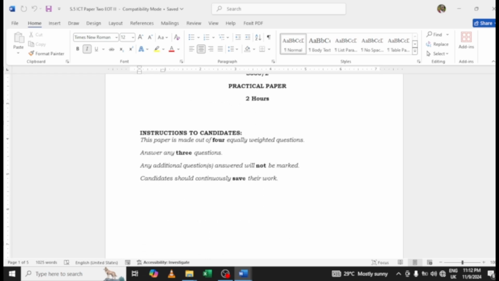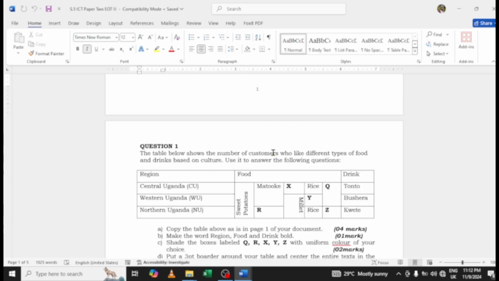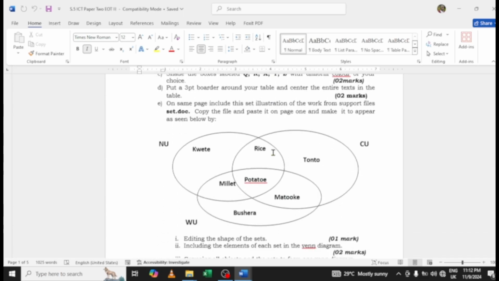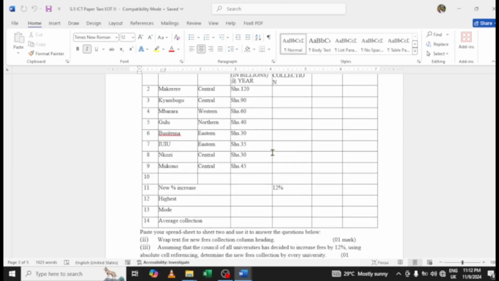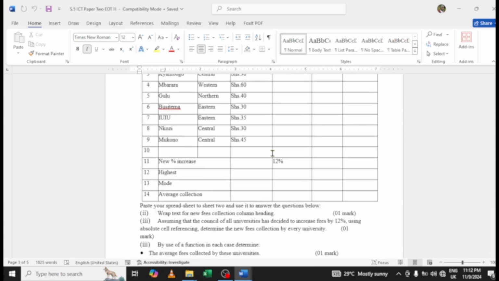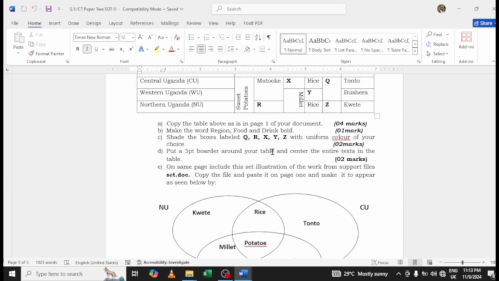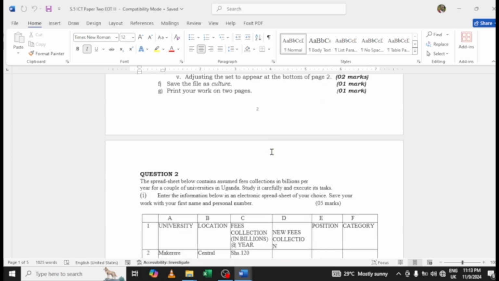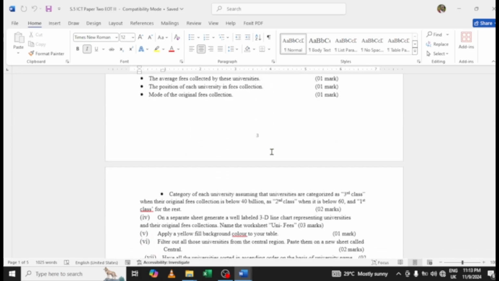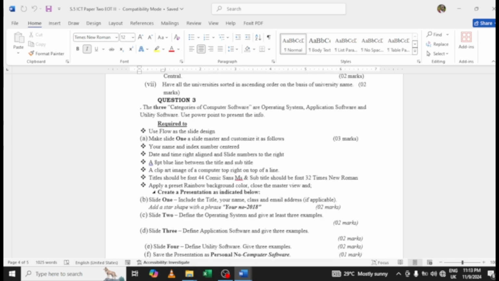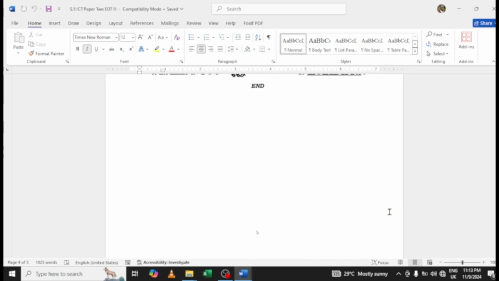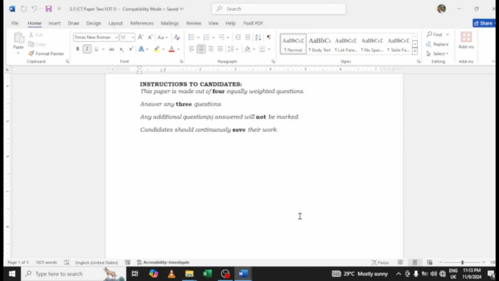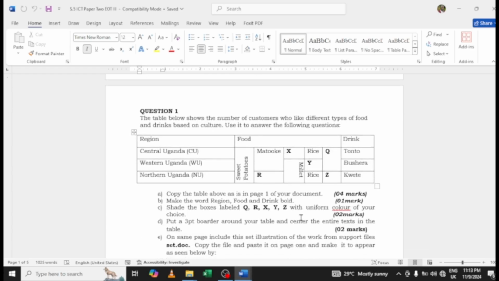Hello friends, today I'm going to go through a Microsoft Word number in one of the papers that I set for my senior 5 students, and we see how we can go through this number. I'm actually going through Microsoft Word, but I will be going through these other numbers also. For example, we have Microsoft Excel number, and we have also the PowerPoint numbers here. But let me first of all go through the Microsoft Word number, and we see what was required of my